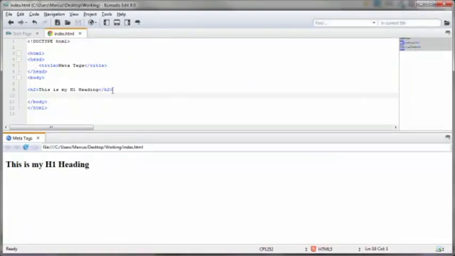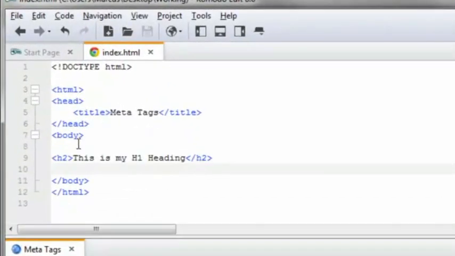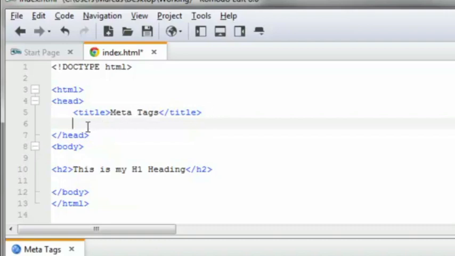So I've got my Komodo HTML editor open, and I want to go up here just below the title tag. It doesn't matter if it's below or above. I'm going to go ahead and enter in the charset tag. And this is a little bit different in HTML5 versus HTML 4.01. And this being an HTML5 page, as shown by the declaration here, we need to use this form for the charset. That's the opening bracket, meta, space, and then the charset equals attribute with UTF-8 as